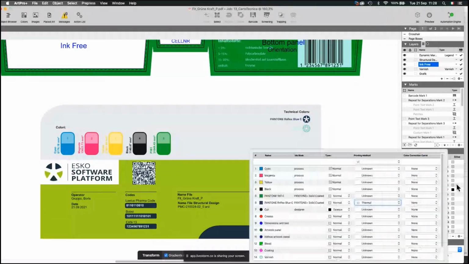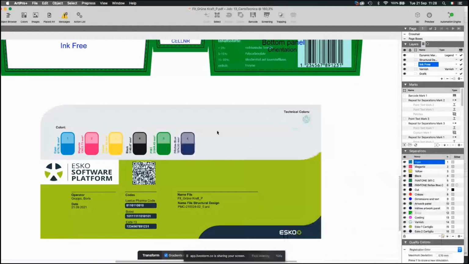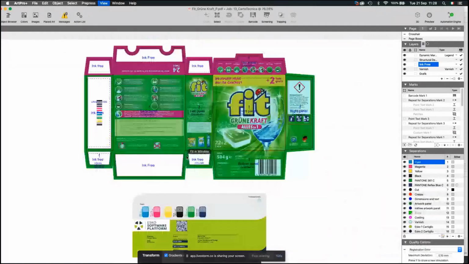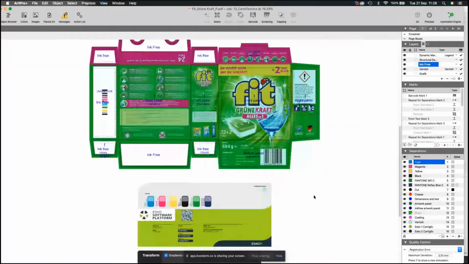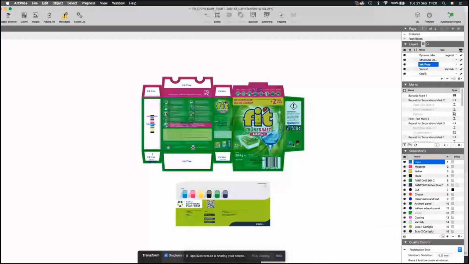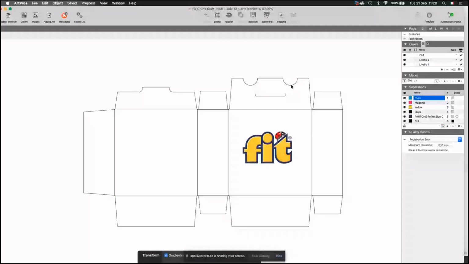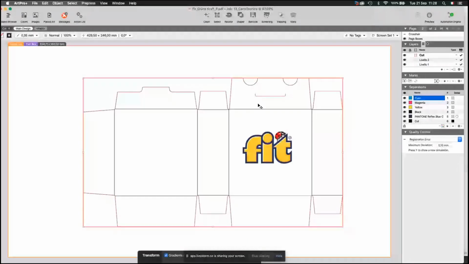Otherwise, I can come back maybe in offset. You can see that now it's come back. So this file is not finished because we also have a page 2 that says that we have also the back. So in that case, it's much easier because I have just to align maybe my crosshair, paste our ARD